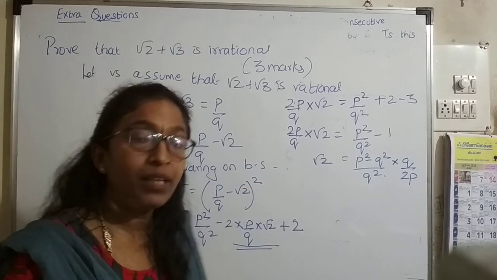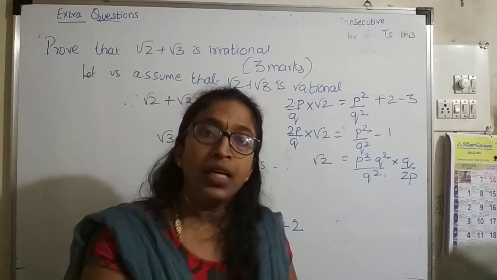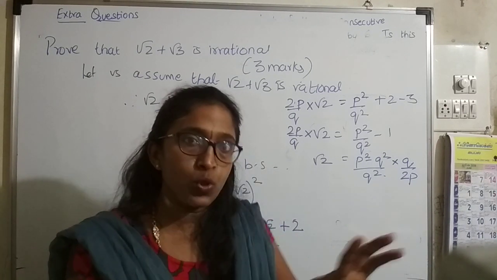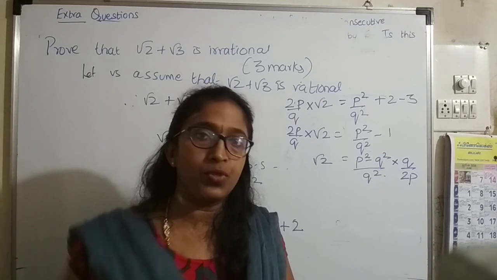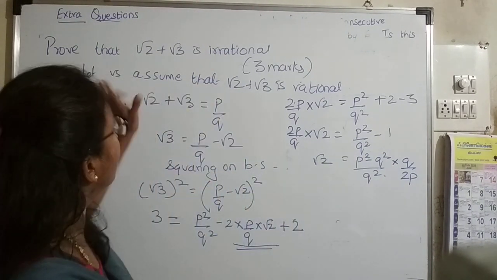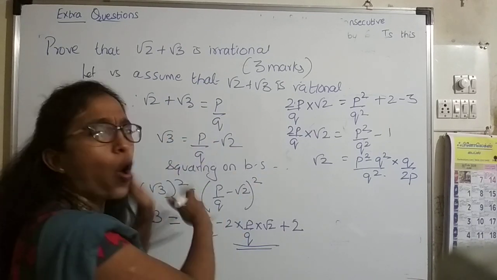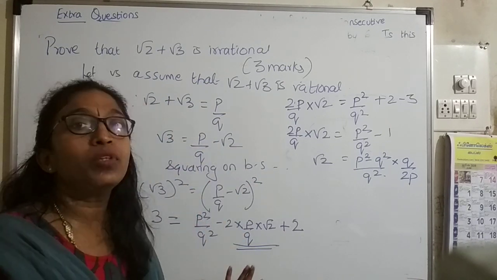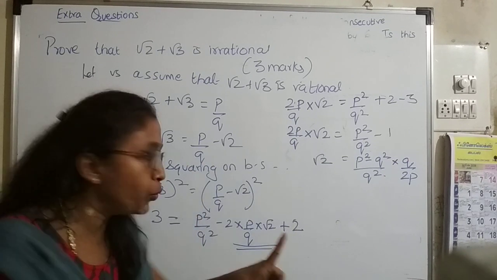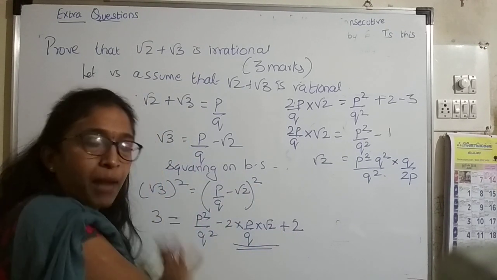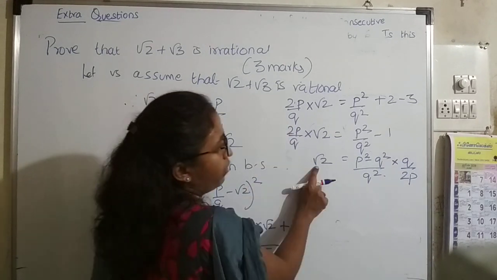As my aim is what we did in the previous sum in exercise 1.3, we had seen that for 3 marks, the root should be kept on one side and all the terms on the other side. So when we had 2 roots, here we have taken 1. Either you take root 2 or root 3, anyone. Square on both the sides. See that we have only one root. So only one root remains. Take it on the positive side and bring all the terms. Here see, we are left with root 2.